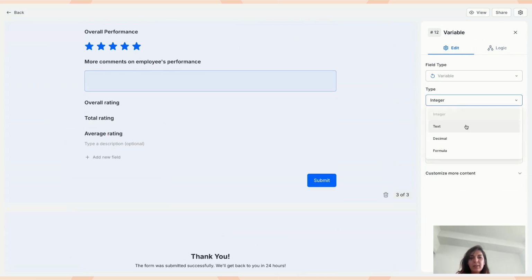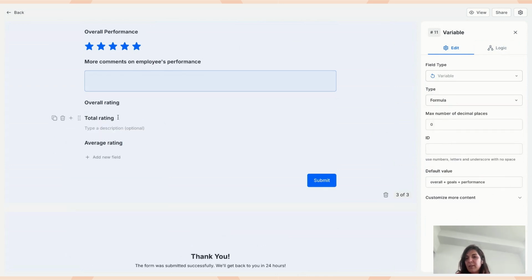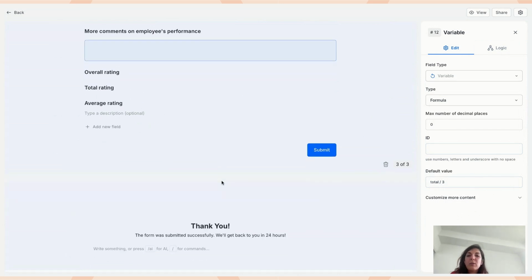So it's also a formula, and let's set an ID for our total rating, so we can call it in the average formula. So it's total divided by 3, because there were 3 variables, and this is the average rating for our variables. So you can also pipe it, of course. Let's say this is average,